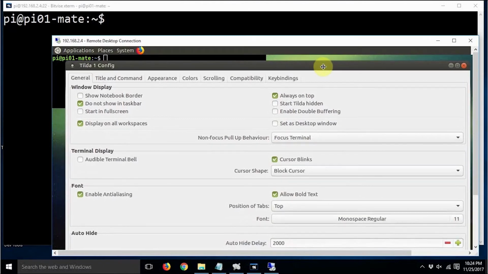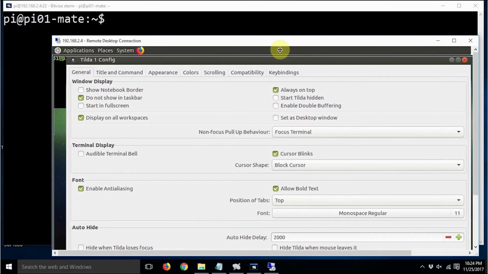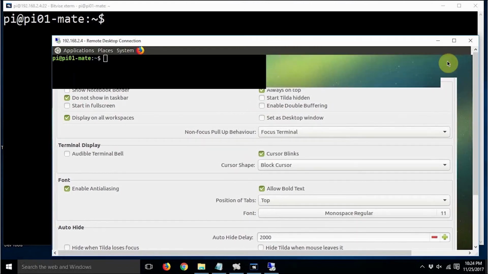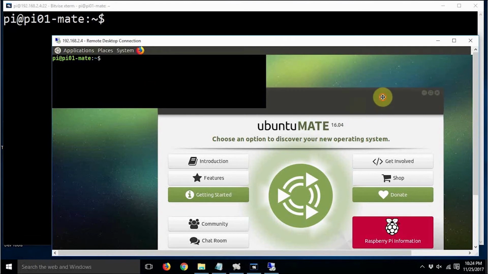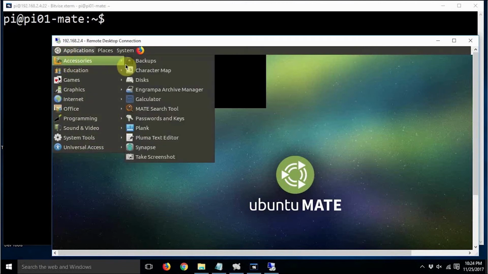We can go ahead and configure many things in this. As of now, we'll just close this. This is the terminal, and this is the welcome window. You can just close it, and we can go ahead and explore this.